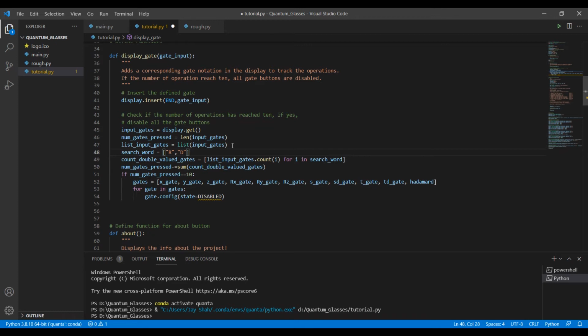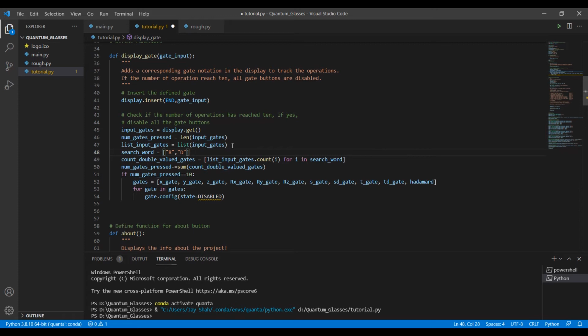But in the case of the RX gate and these gates, which are the dagger gates, SD and TD, a single gate is applied, but there are actually two characters on the screen. So we need to write a little logic so that we can work with these things and apply our function very well.